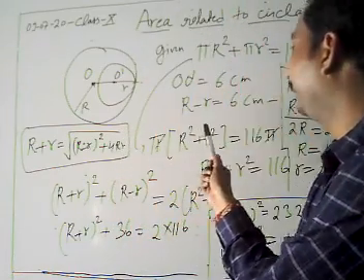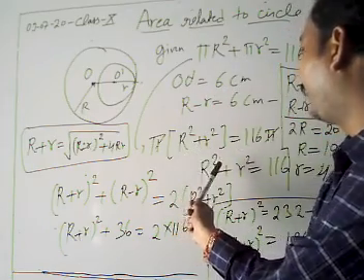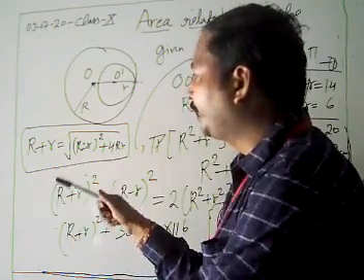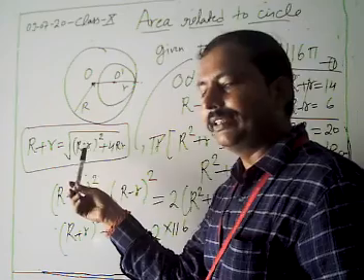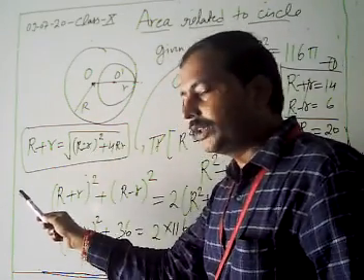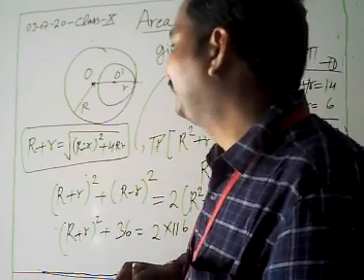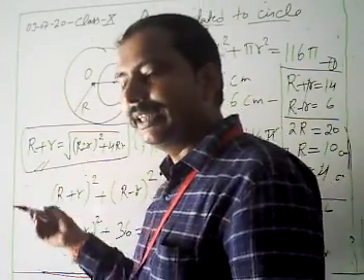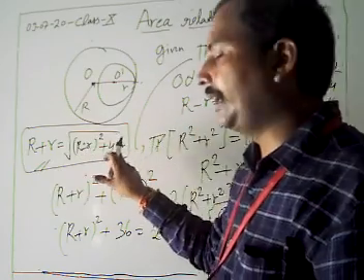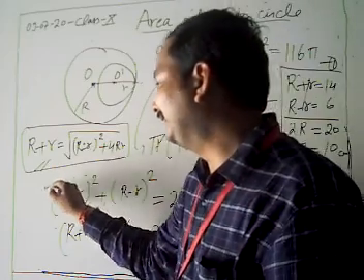But here, given a difference, solving the first equation we only get the values of R square plus r square equal to 116. That's why we are not going to use this identity. This is also one of the identities. When we have a difference of any two variables, to find the sum of the two variables, if we are given the product of the variables, then we can use this. But we are not going to use this identity here because we do not have a product of radius. That's why we are using this one identity.